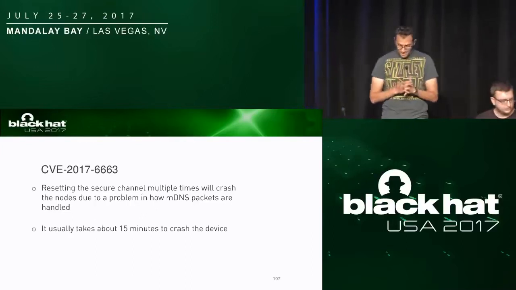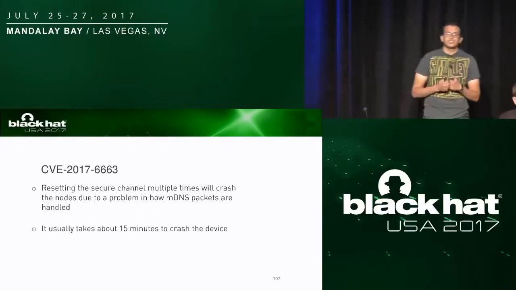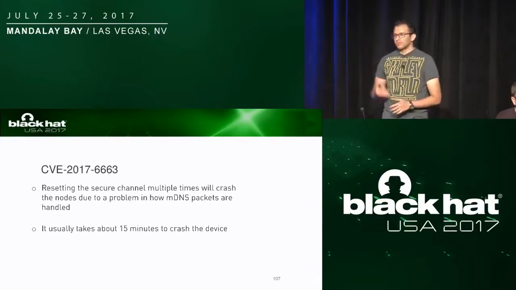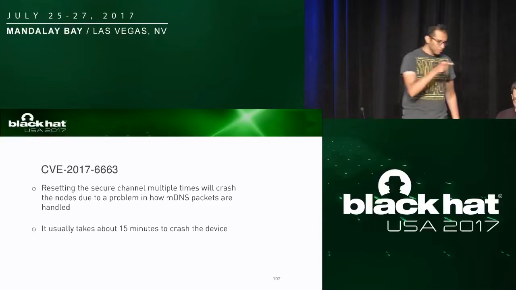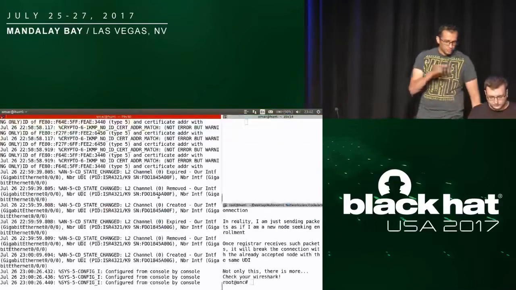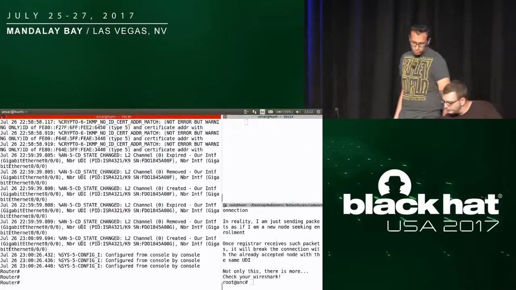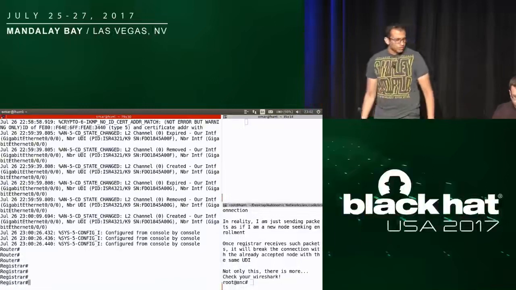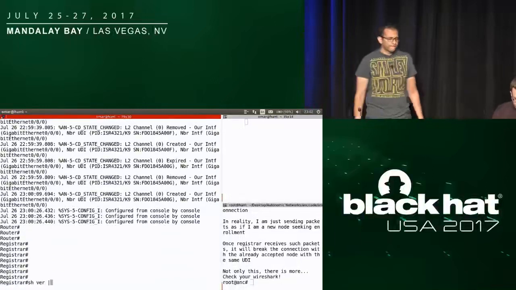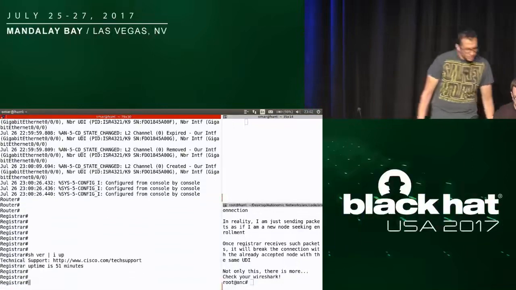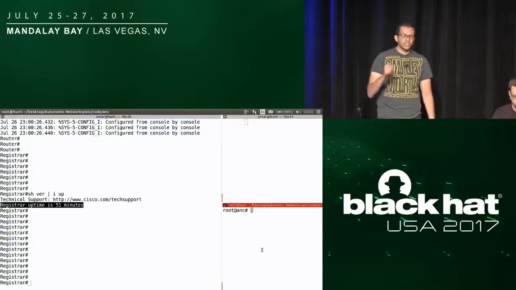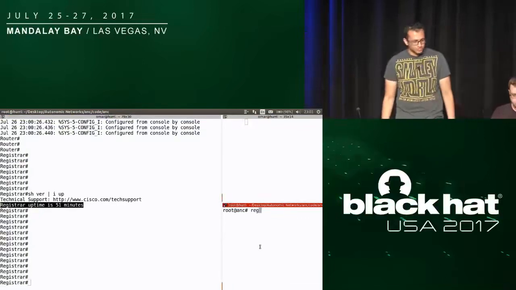But you know, okay, you crashed my devices, you crashed my connection. My register is the strongest point in the network. Yes, no one can touch it. It's the controlling point where I put all the communication and everything is running on it. So if you please go to the register, show them how long it has been up. Connect to the register and write show version include up. You see, it has been up for 51 minutes since we started. Nothing can touch it, nothing can do anything to my register.